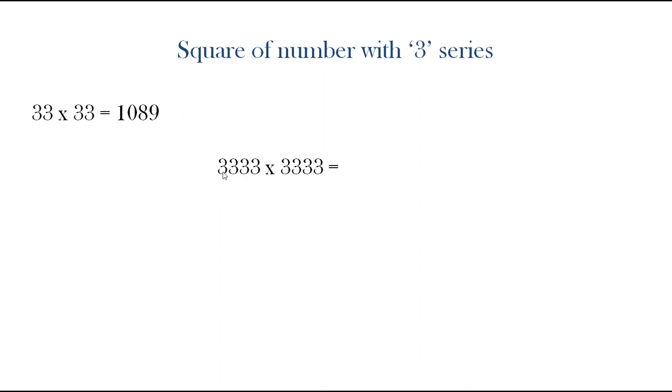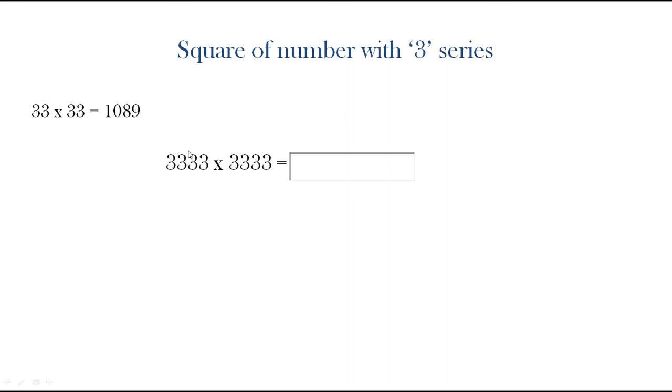We will repeat by how many times? That depends on the number of threes we have got here. If we have 4 threes here, we have to repeat this 1 and 8 three times, means the number of digits minus 1. That is the number of times we will repeat that. So when we write this answer, we have just seen the trick, but we will repeat these two things. I have to repeat them 3 times, and then the 0 will stay as is, and the 8 I will repeat 3 times. The last 9 will be there.